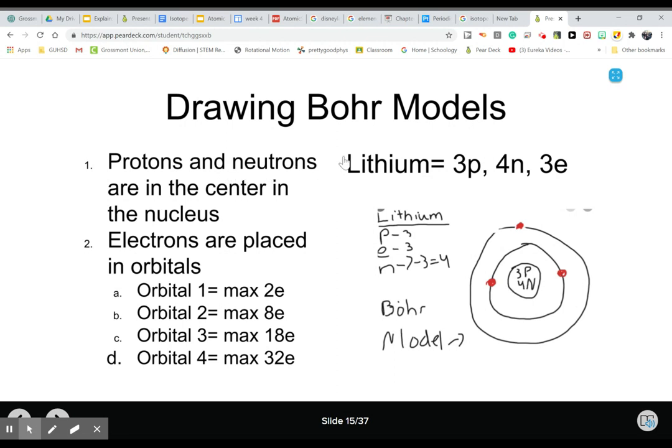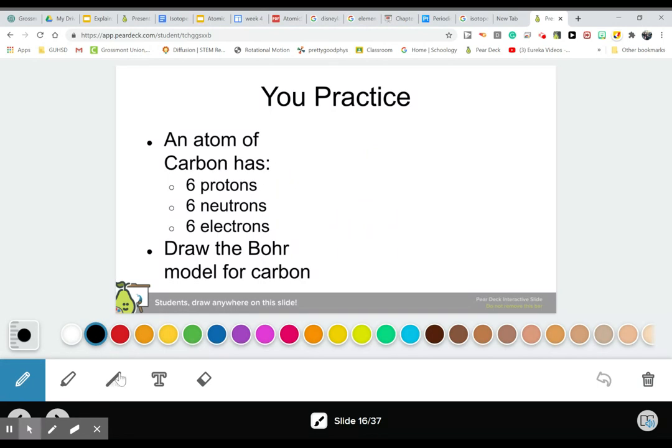But if I gave you something like lithium has 3 protons, 4 neutrons, and 3 electrons, place them. Well, it's important for you to see that your first 2 electrons go in your first energy level, but the maximum number of electrons that you can have in that energy level is 2. So then you jump to the next one until you have used up all of your electrons. So we have 2 electrons in our first orbital, our first ring, and then we add 1 more electron in our next ring. So what I'd like for you to do is draw one,